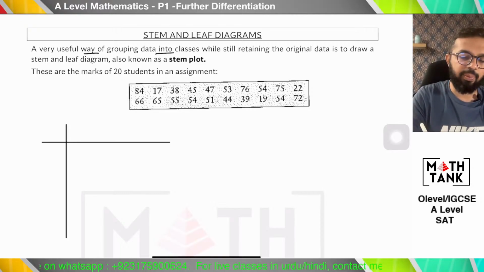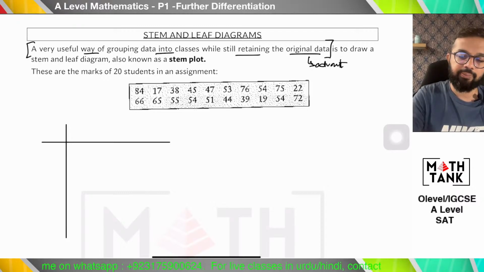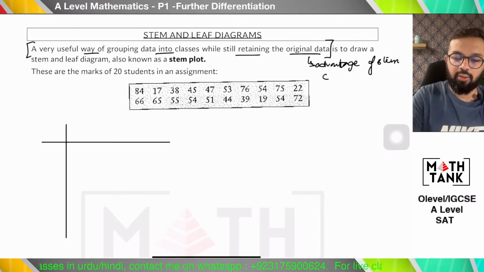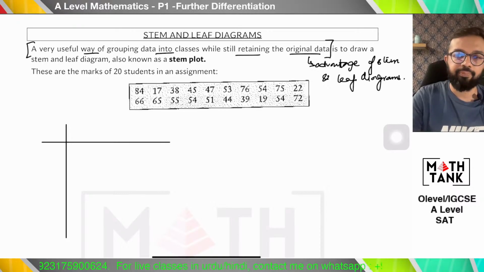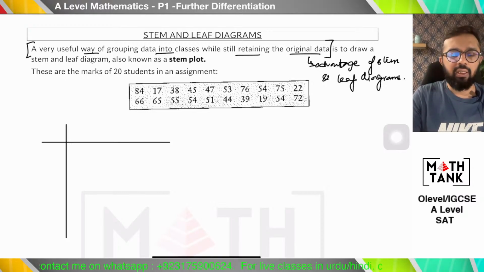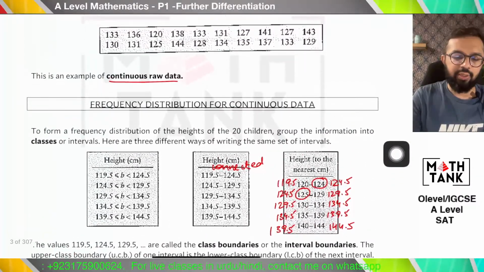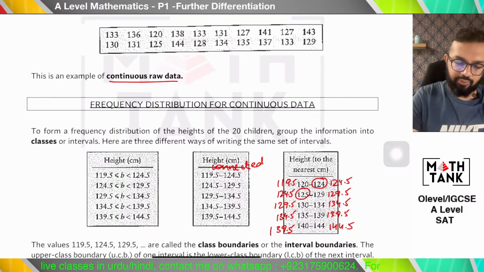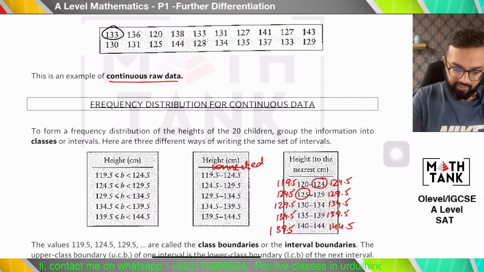It's a very useful way of grouping data into classes while still retaining the original data. So remember that this, what I've written here, is an advantage of stem and leaf diagrams. So how is this an advantage of stem and leaf diagram? If I show you the previous table, let's say अगर इस data को मैं classes में लगाने जाता, okay? So let's say हाँ ये 133 जो है वो इस category में आ रहा है. So हम देख लेते हैं इस category में और क्या क्या आ रहा है. 133 आएगा, 133 आएगा, 131 है,